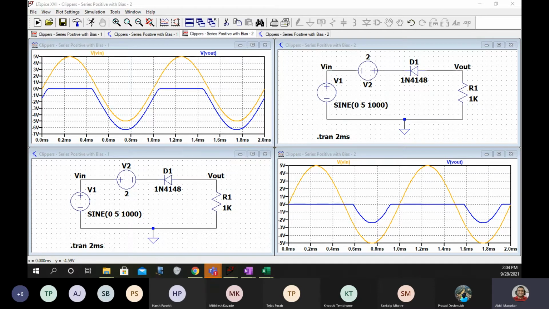Now you can see that if you have to actually draw these waveforms, it's very painful in the notebook. But in the simulator, we are just seeing this within like 2 minutes and everything is so proper. So that is something that we have to understand.